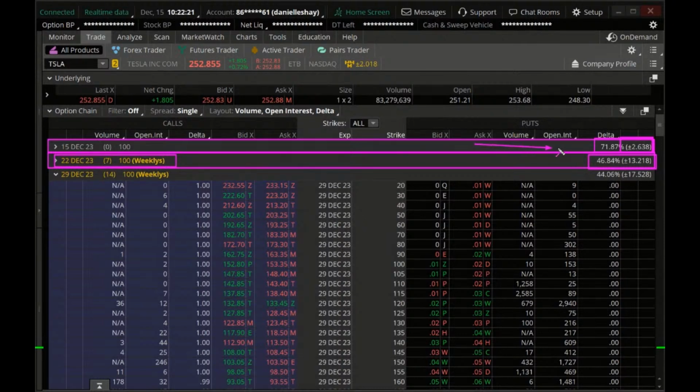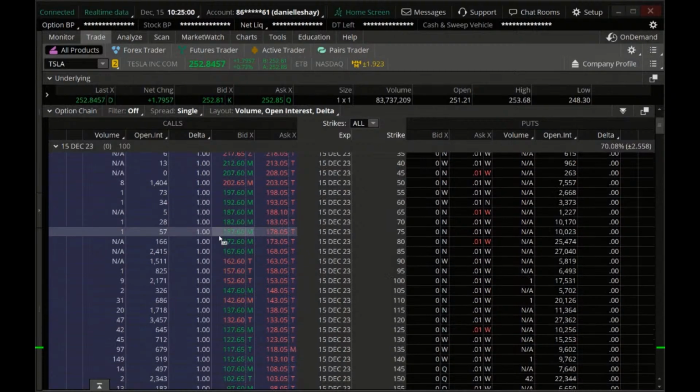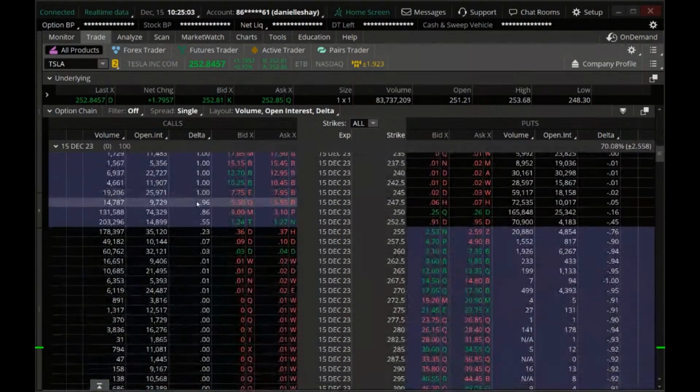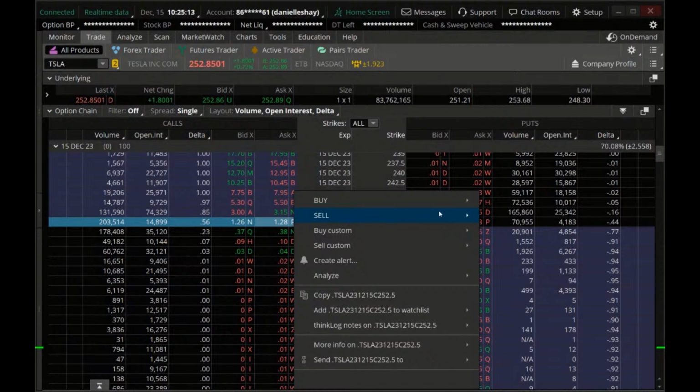So if you were looking at today, do you see how your expected move is $2.63 versus next week? Your expected move is $13.21. So if you were going to do it today, you would need to use a much tighter range because that's all that it's expected to move. With it sitting at 252.80, let's just price it out and I'll show you what it would look like